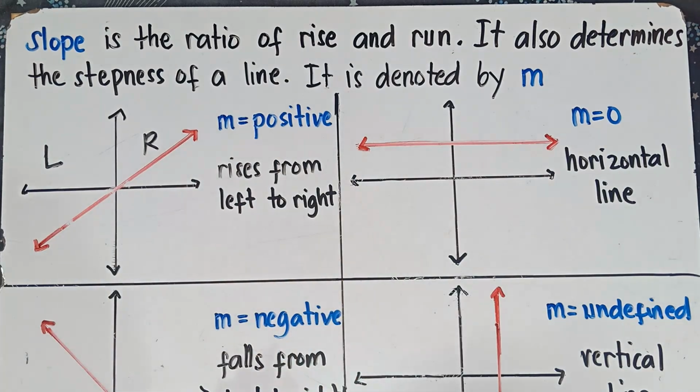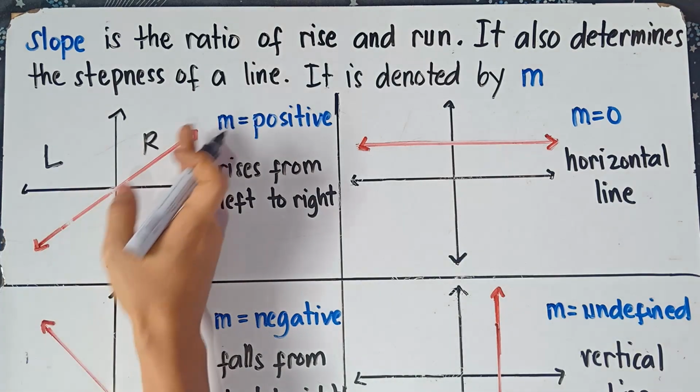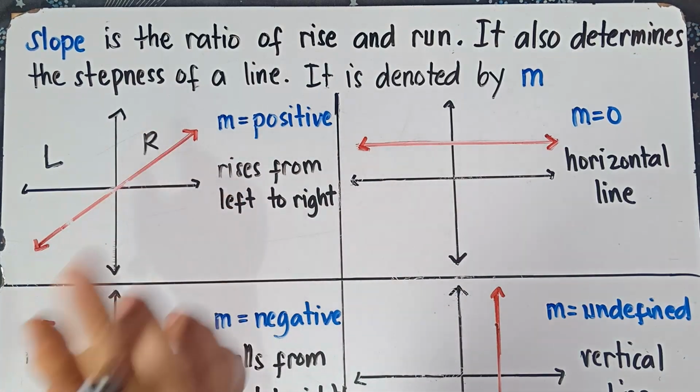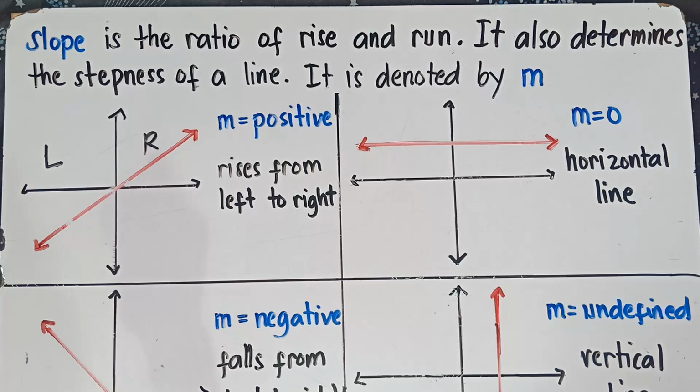Question, why is that, sir? Because the arrow rises left to right. As we can see, with regards to the graph, the arrow is rising left to right. Therefore, class, the value of m would be positive. Simple as that, class. Just based on the given graph, you already have the idea that your slope is positive or your slope is negative.